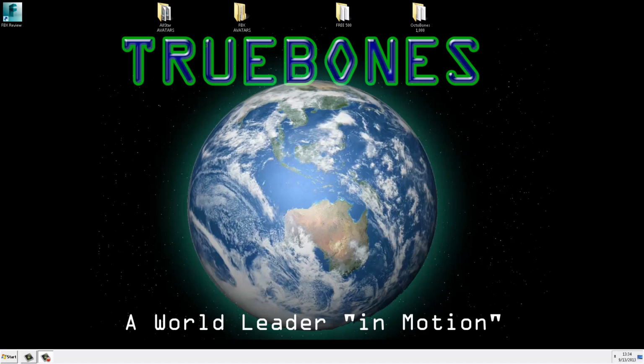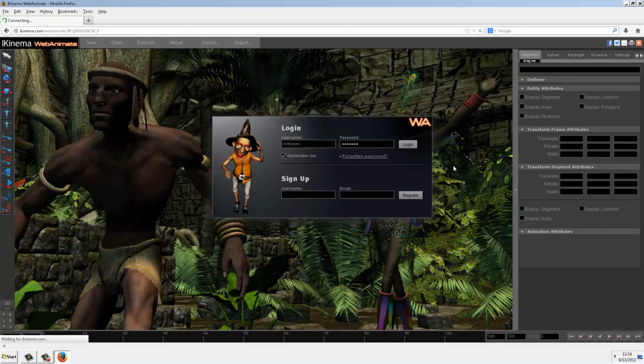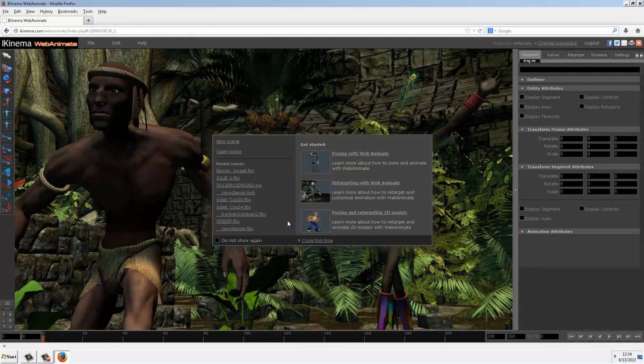So let's just open up our browser and go to ikinema.com/webanimate. So here we are at ikinema.com/webanimate, and if you haven't logged in or haven't signed up, be sure to sign up. It's free, and then just log in. So I'm going to log in, and here you have the start screen, and we are going to start with